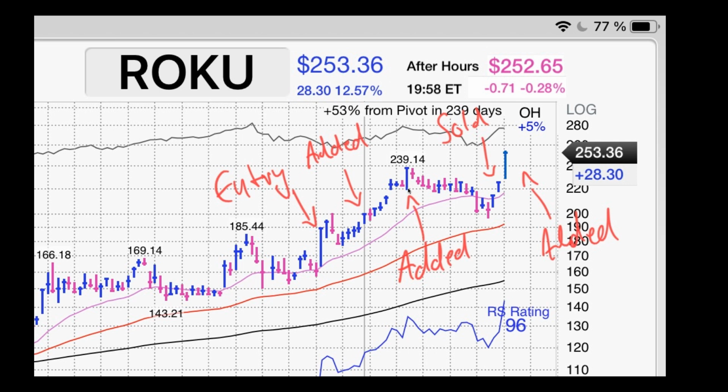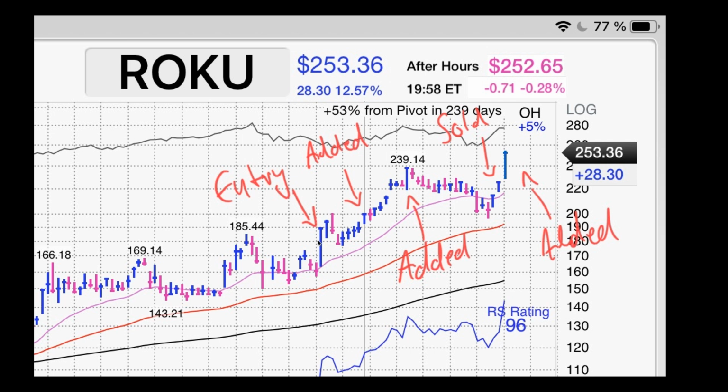And I also added here on this very strong bar. That was a high, so you never know that before, but that was a high, and I added to it because it shows me again that the stock was so strong. And when I buy into the position here at the entry, when I buy a first test position, it's always